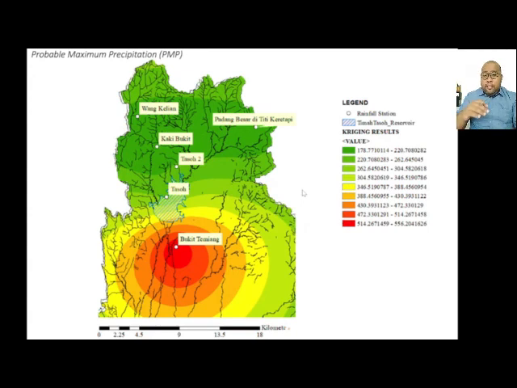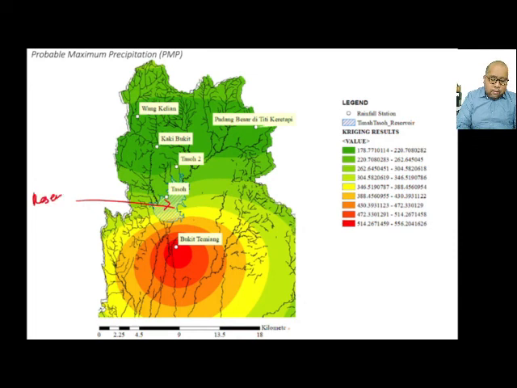So this is the PMP for several stations, and we did some special analysis and display it in terms of a map. This one is from my current student who conducted their final year project, and this is their finding for the 1 hour duration. And as you can see from the result, if you go through this graph, this one is the location of the